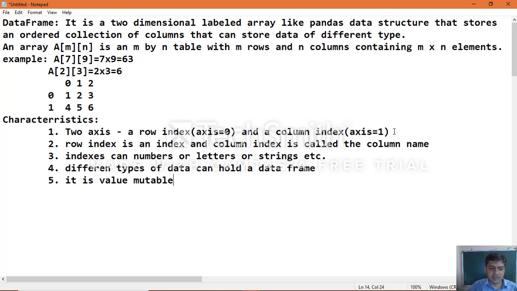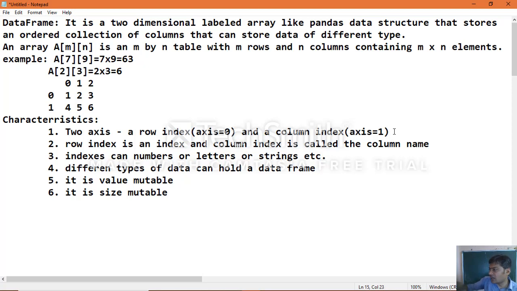Yes, you can change the values of a data frame at any point of time based on your requirement. Another important thing is you can add or delete rows or columns in a data frame. Whenever you want, you can add columns, and if you want, you can delete columns from the data frame. So simply put, it is size mutable.